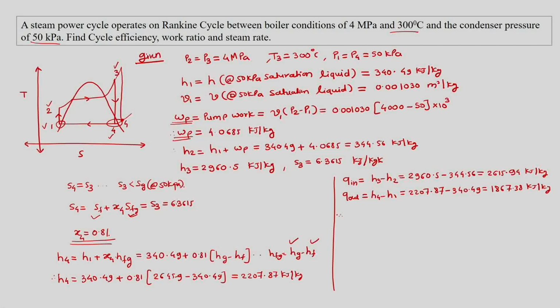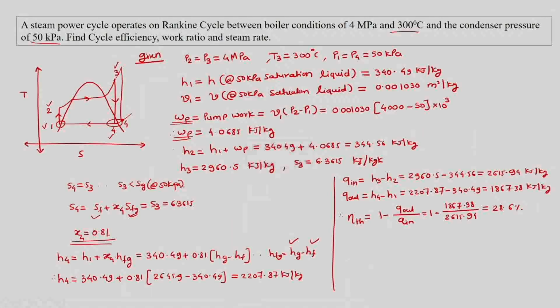So we can find out the thermal efficiency of the cycle as 1 minus Q out upon Q in. So it is 1 minus 1867.38 divided by 2615.94, and this gives us efficiency as